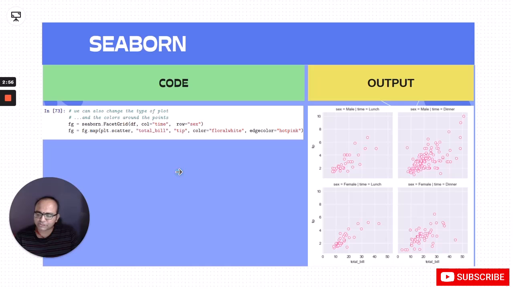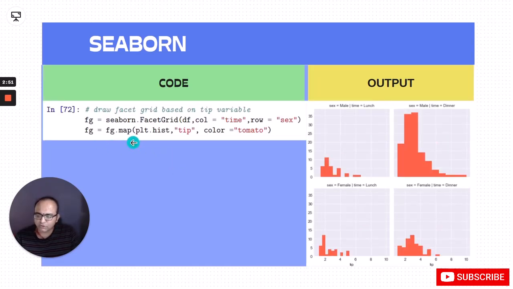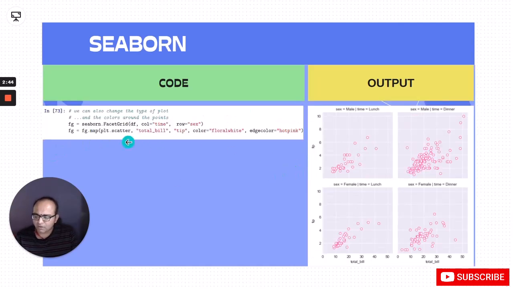Next, you can also change the type of the plot. So previously you were plotting a histogram inside these facet grids. Now here I'm trying to plot a scatter graph inside these facet grids. So again everything is same. Column is time, row is sex, but the only difference is I'm plotting the scatter graph inside these grids,